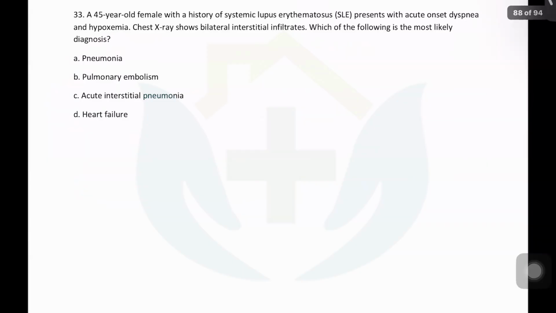I also thought VATS should be the answer, but then it is the most appropriate next step that puts us into a dilemma, no? The most appropriate next step is that initially you try thoracocentesis, and if it doesn't work, then VATS. But it is loculated, na? Thoracocentesis means you need to puncture multiple areas.